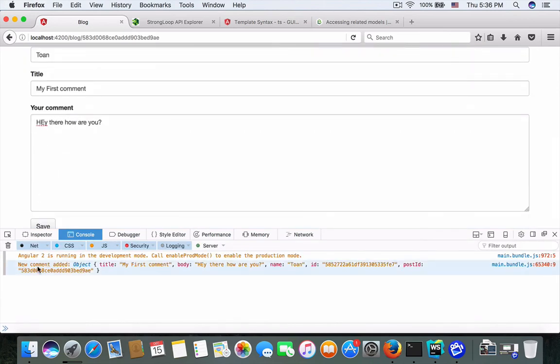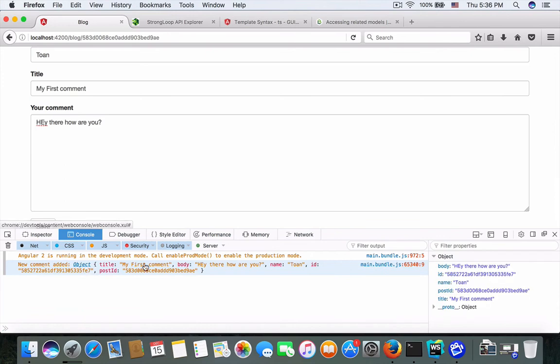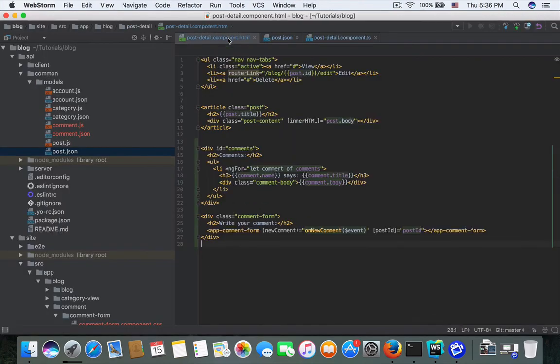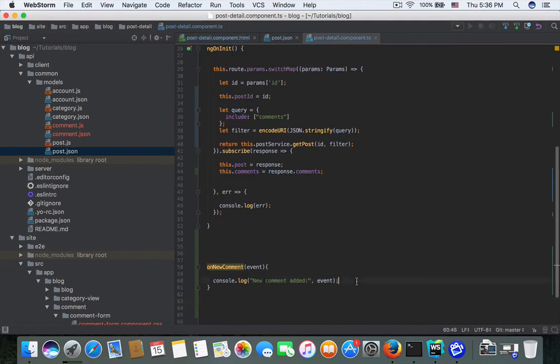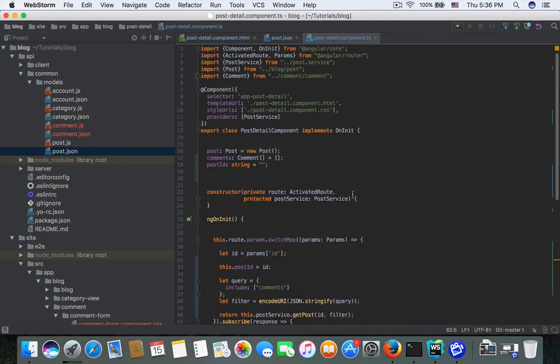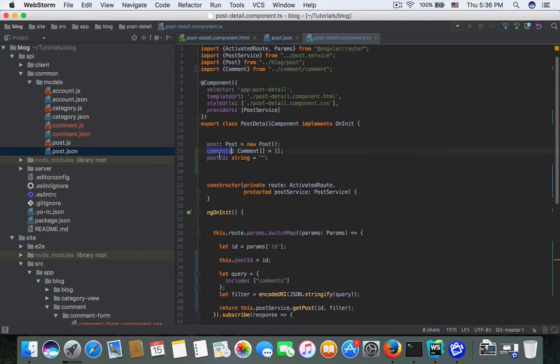Okay, the new comment adds here an object with the body and title and name and post ID and title here. So it goes. So now the only thing left is we need to append the new comment into the comment array here by